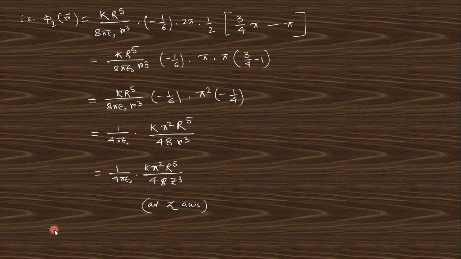So with that question, we cover the questions of chapter 3 of this book, that is Electricity and Magnetism by Vasudev Ghosh. In the next video, we want to cover chapter 3 of the DJ Griffiths book. So in the next video, we will try to solve the questions asked in the DJ Griffiths book, that is Electrodynamics.